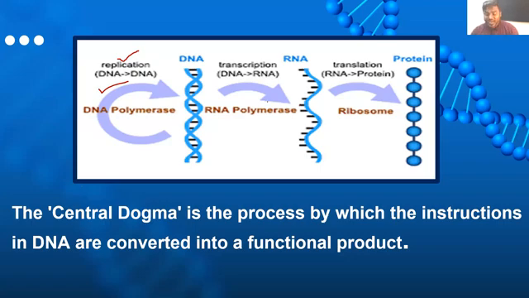Now all the students will have a doubt: sir, DNA is a very long molecule, but RNA is a very short molecule, which means the entire DNA molecule is involved in the synthesis of a protein? Never ever. What is the answer for that? Why is the entire DNA not involved? First of all, why does the entire DNA have to be involved? It's not required, right? Only the amount of information required to synthesize a specific protein has to move from the DNA.